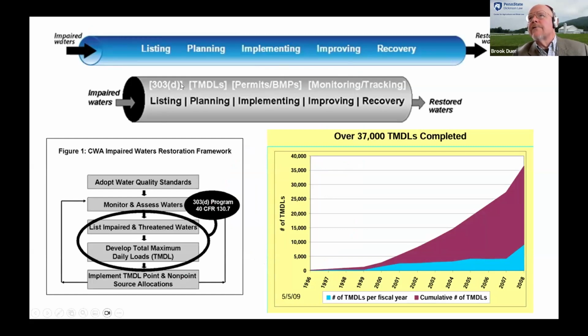Certainly across the top of this gray one, but impaired waters go through the listing process, then the planning process for a TMDL, as you see here. Then the implementing is like permits for the point source people, best management practices or BMPs for the non-point source,